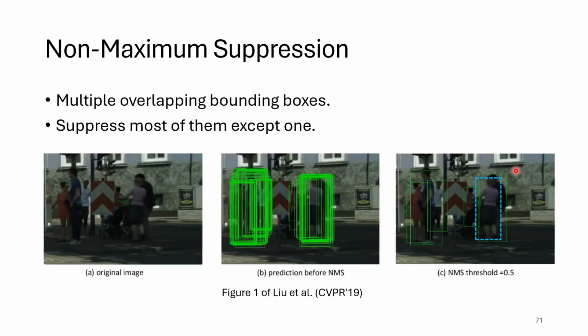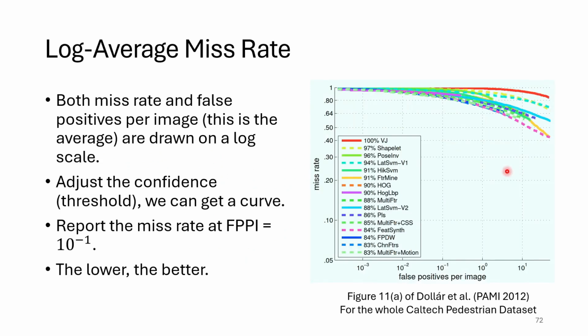Okay, so there are several ways to do it. We say there are 16 methods, and they compare them under different settings. So this is the overall. Among the 16 papers, they found that the poorest one is Viola and Jones, the face detection algorithm. The reason is very clear. For our face,